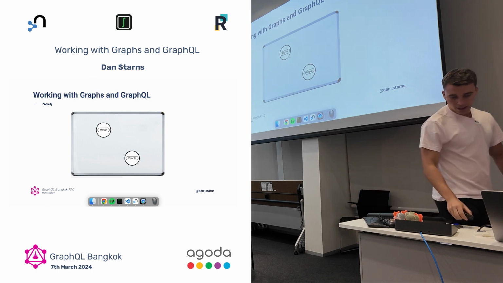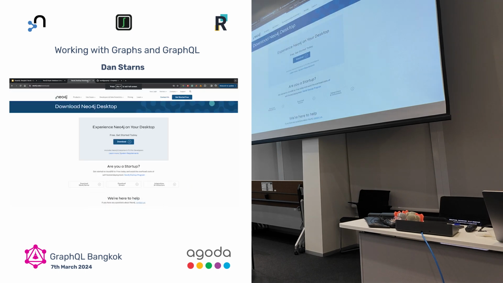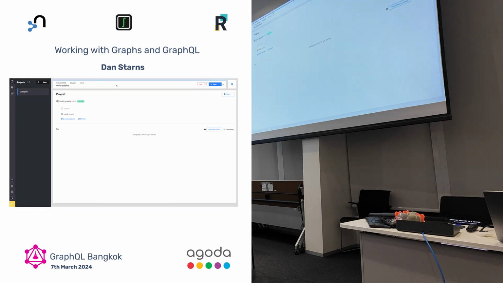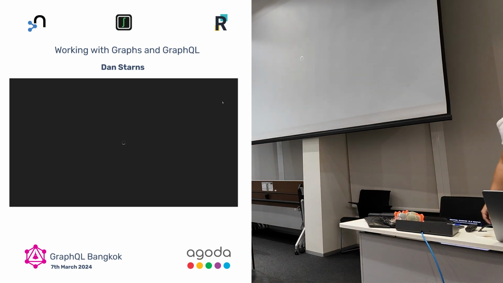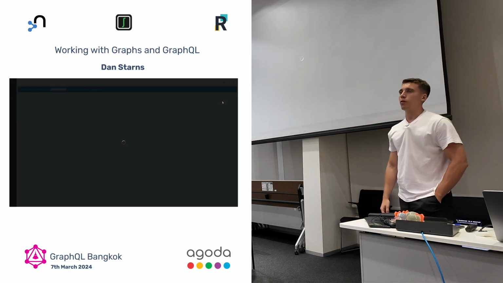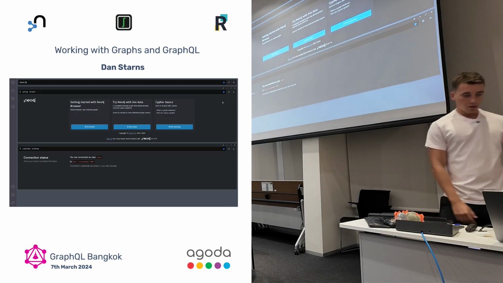And I've downloaded Neo4j desktop. So you can go to Neo4j and download the desktop, or you can run Neo4j in Docker. But I've got Neo4j desktop, which is free. You can download for free. And then you can start a database and open what's called Neo4j browser. And this is basically like a SQL workbench, but for Neo4j. And then I can issue queries and see the results.